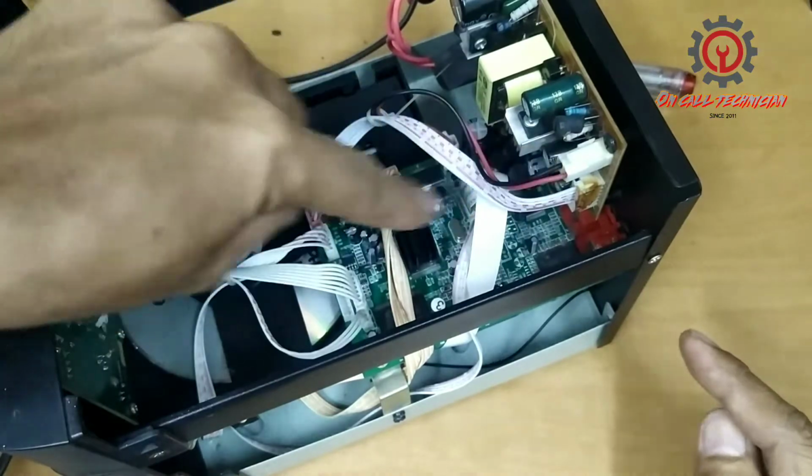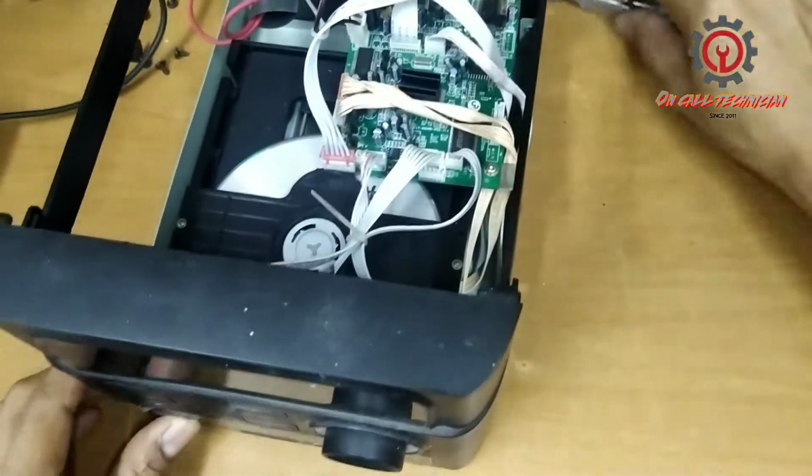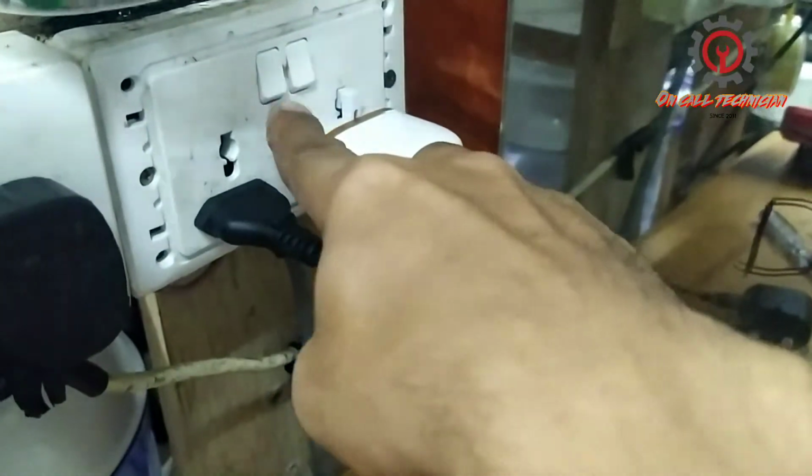This is the power supply of this module. And now we're going to turn it on again and let's see. It's already, I'm going to power this on